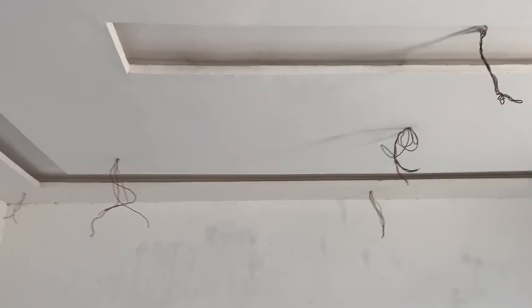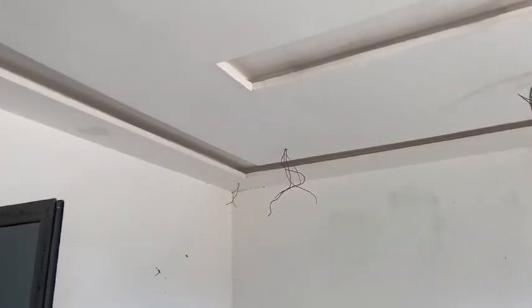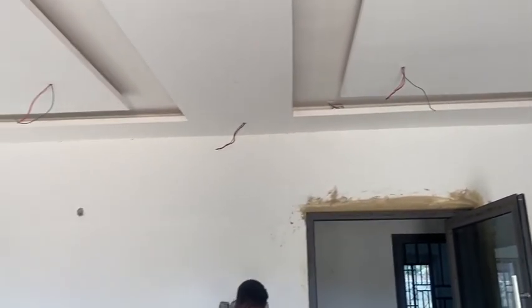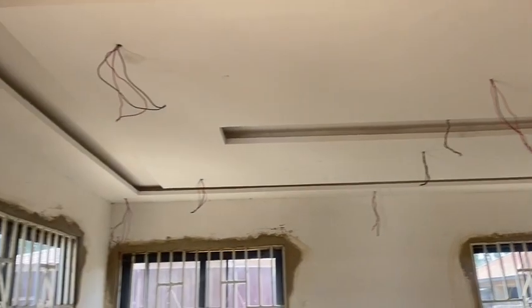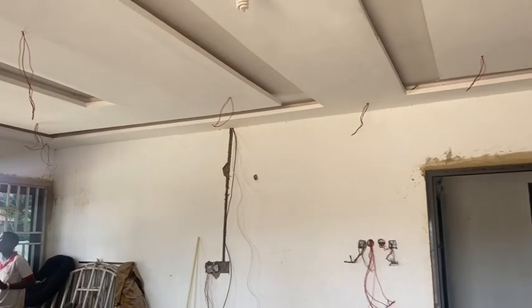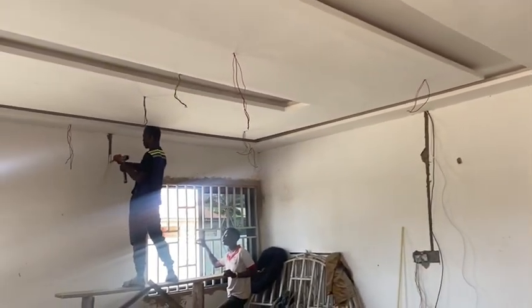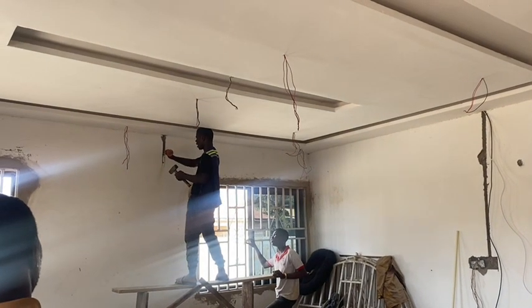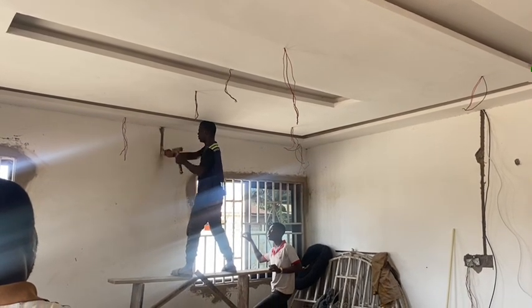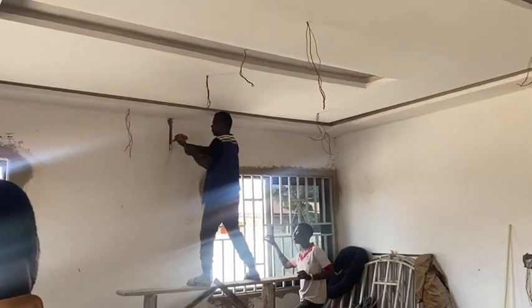So this is the hall. For this hall, the previous electricians placed only one wiring for bulb or for lights in this huge hall. It was only in the middle. So at the end of the day, how can this whole hall have only one light? It was very bad. So I made them add a lot of lights there, both the hidden ones and the spotlights. And I also made them change the position of the AC, because at the end of the day, this place will be a hall and the other side will be a dining area. So what he's doing now is the